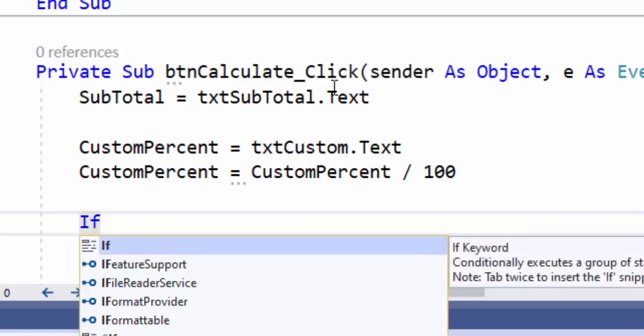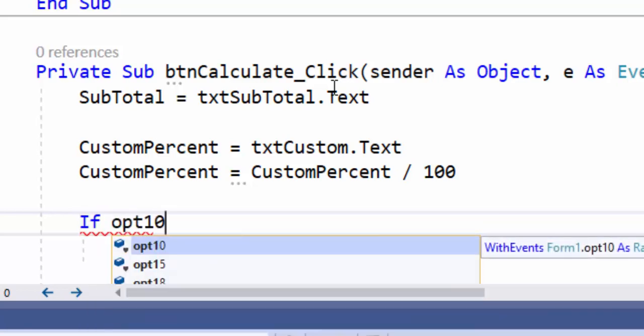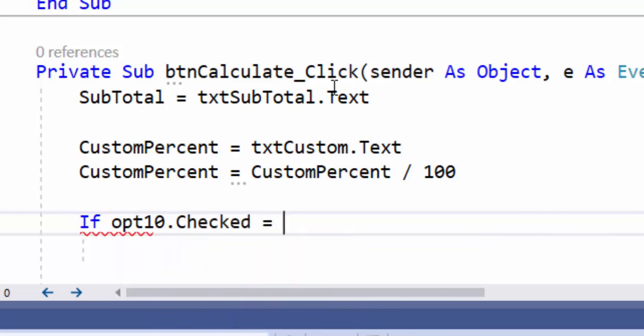If you watched our if statement video that I posted the other day, you will see that there are efficient ways to use if-then statements rather than having a bunch of if-thens in the right order. If you haven't watched that video and you're new to programming, I strongly suggest you check it out. So if opt10.checked equals true,